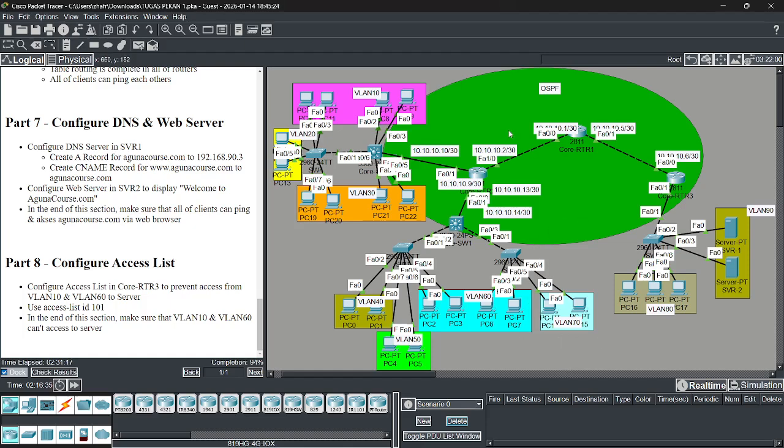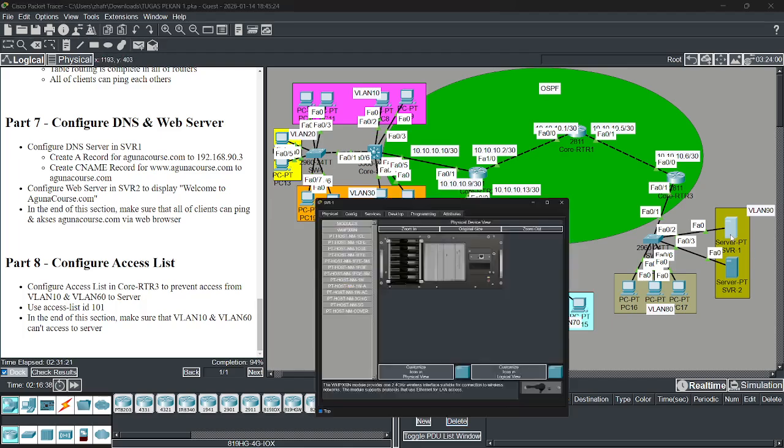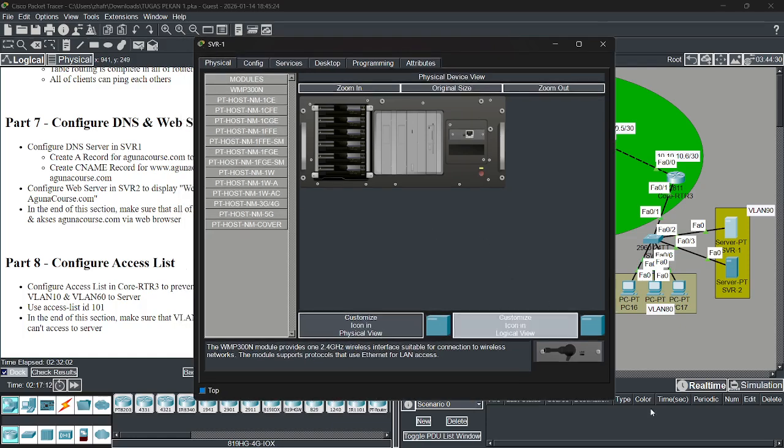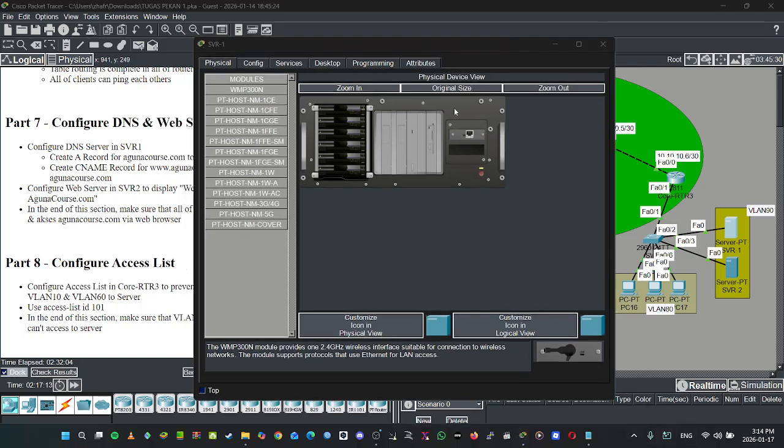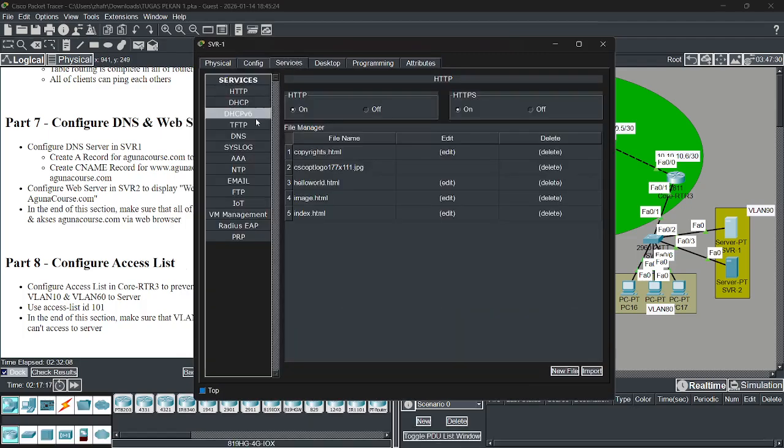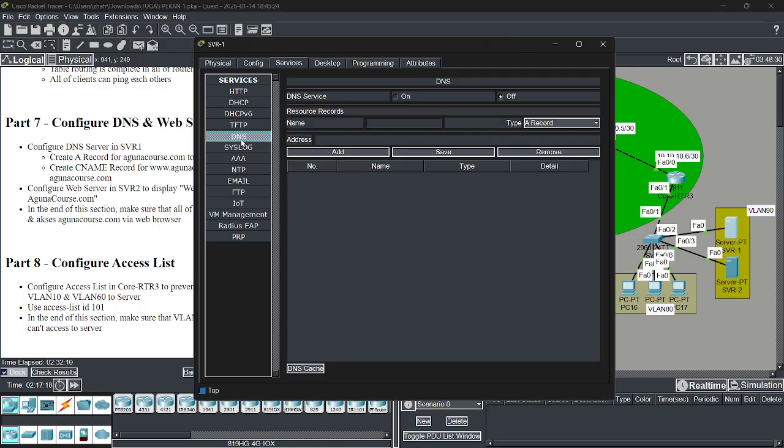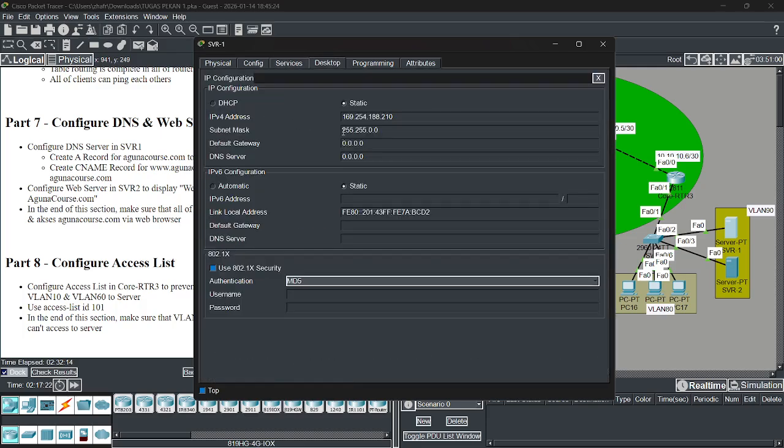All of the VLANs are successful, and then we configure the server. Go to services, DNS, desktop, IP address.